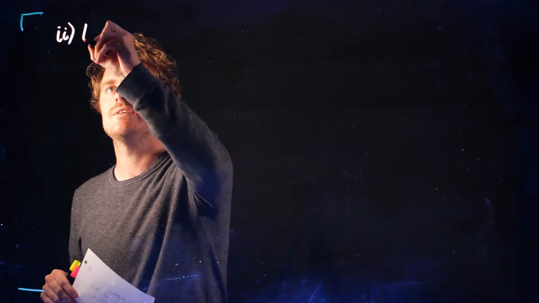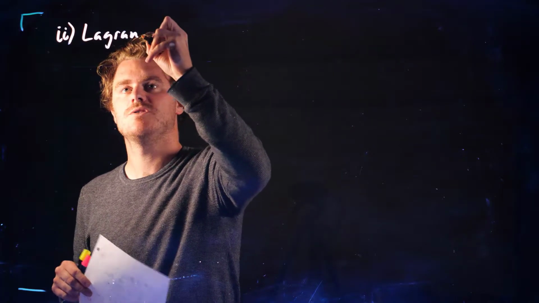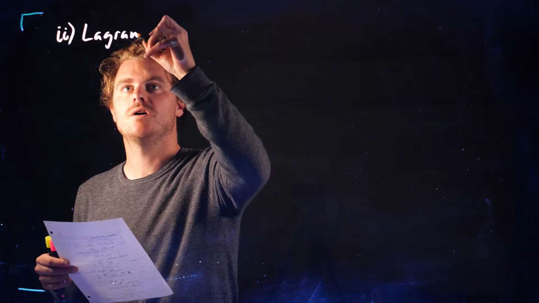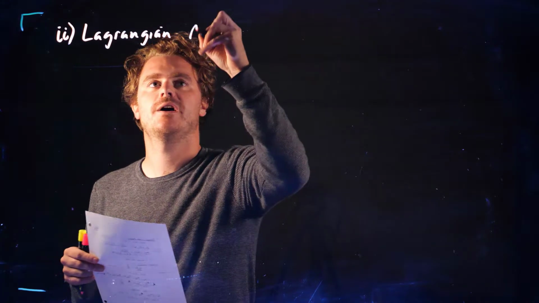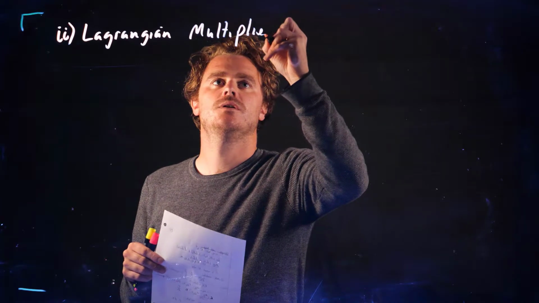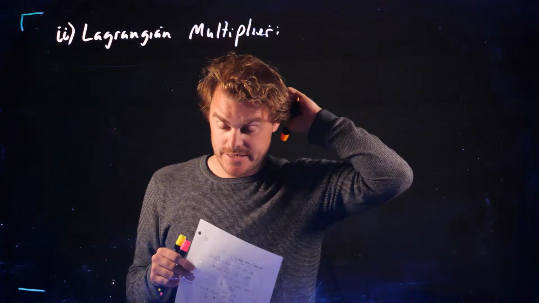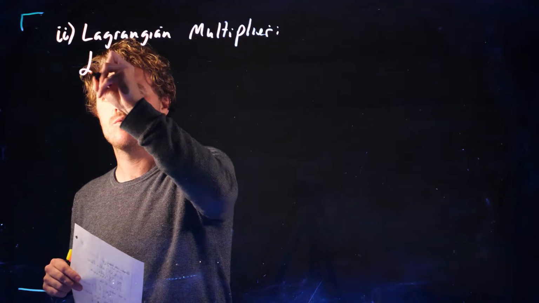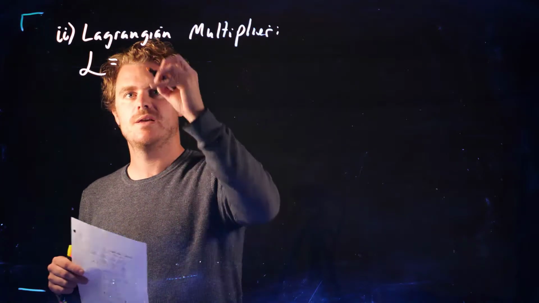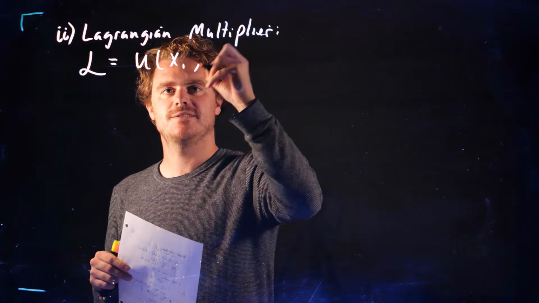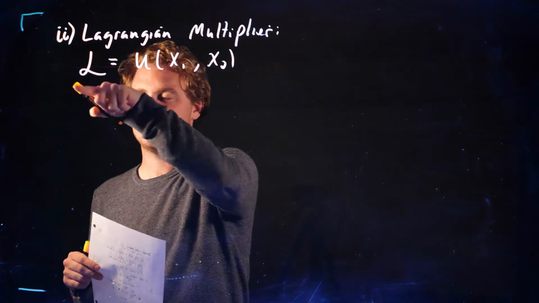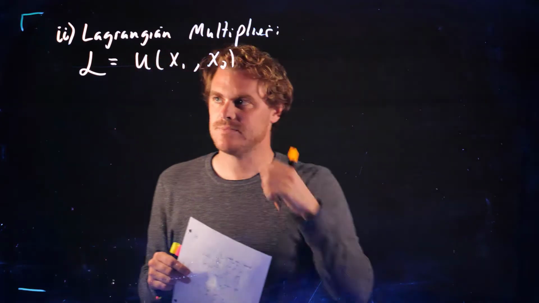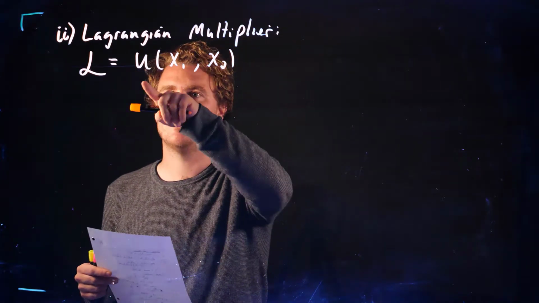Basically turning it into an unconstrained maximization problem. The second way is the Lagrangian multiplier. You prove this in some more advanced calculus courses, but we just need to know how to apply it here. Essentially, we reformulate the problem as this Lagrangian equation, usually written as a capital L, you can just write a normal L if you want, equals this